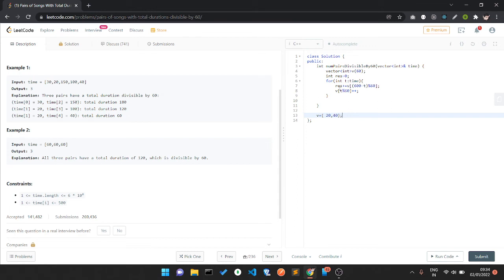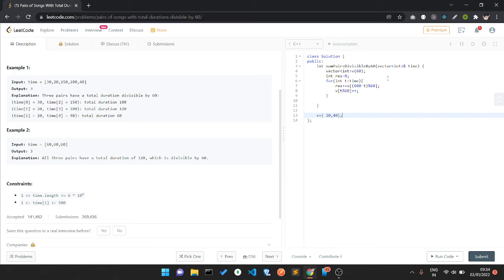Result adds 0, no effect. Then at the position t modulo 60, which is 20 modulo 60, I'll add 1. So at position 20 it adds 1, and after that I iterate again. Now it's the turn of 40. 600 minus 40 modulo 60 gives me 20.